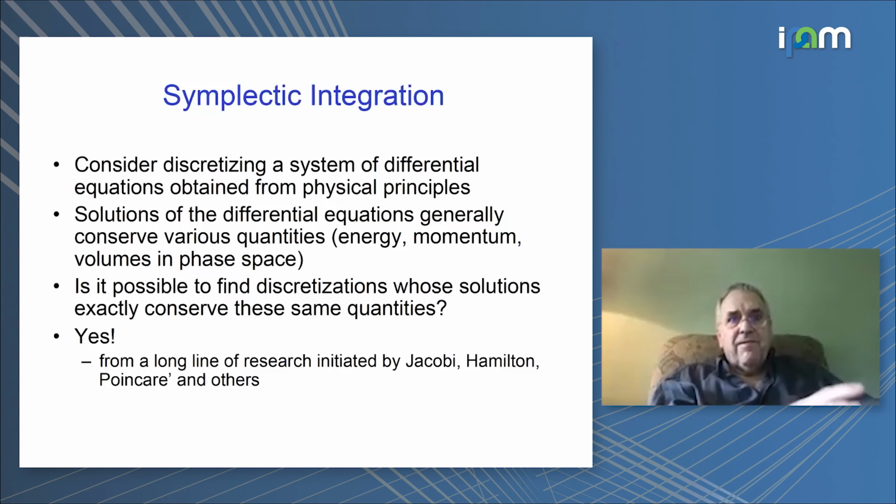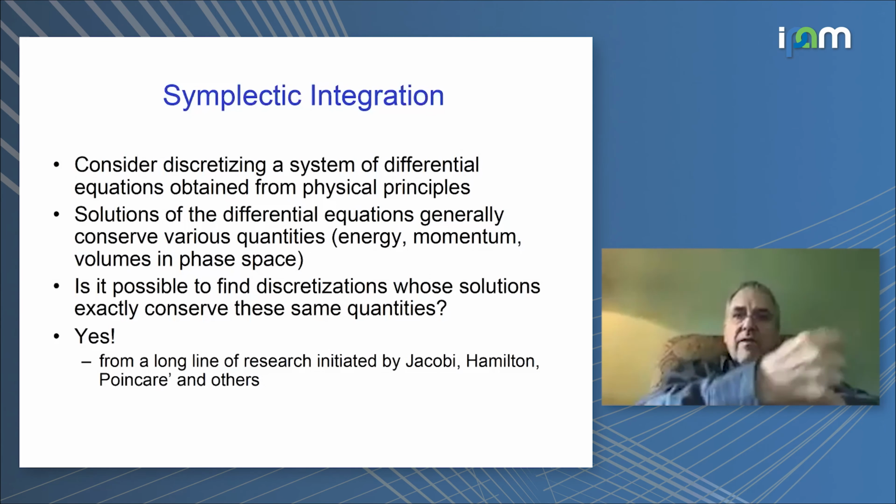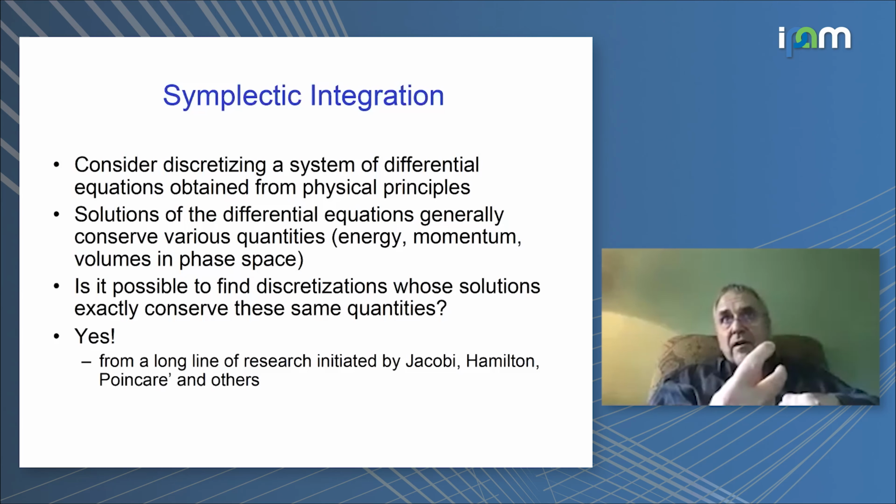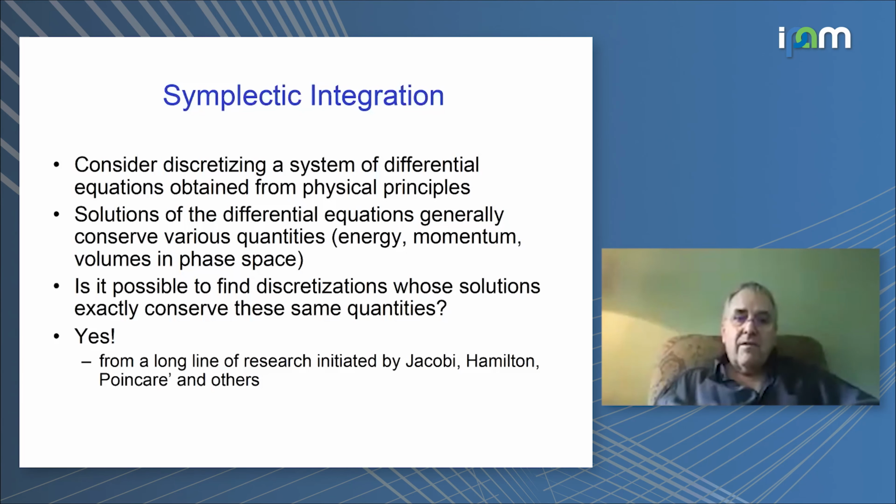And just briefly, the idea is that when you're discretizing a flow, the classical way is to think of a vector field. You're at a point, you follow the vector a little ways, and then you keep doing that. The way these folks thought about it was to think of a triple of vectors at every point. That defines a small volume. As you move along the flow, that little volume will shear, but you'd like the volume to stay constant. The volume is a determinant, so you have a little bit of a polynomial constraint on your flow. And they were able to write that down as a literal constraint and find discretization methods that kept those constraints